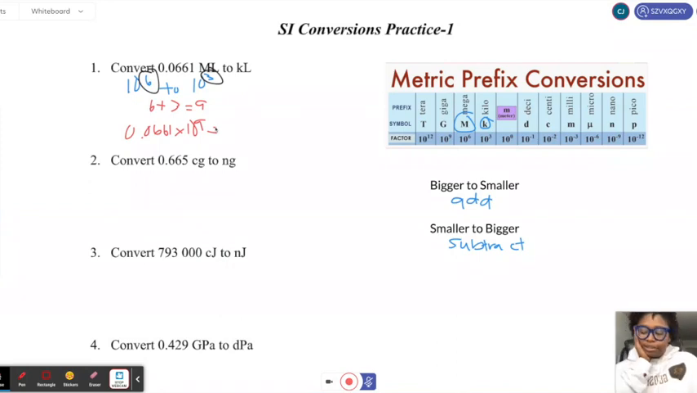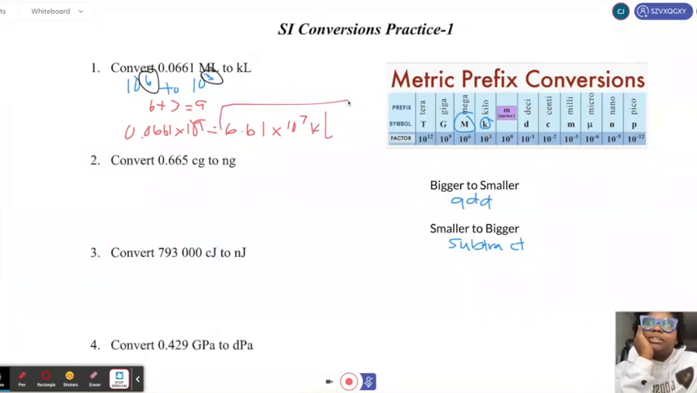When we put that in our calculator, 0.0661 times 10 to the 9th power gives us 6.61 times 10 to the 7th power, and our unit is kiloliters. We're going to box our final answer there. All right, let's try the next one. The next one is going from